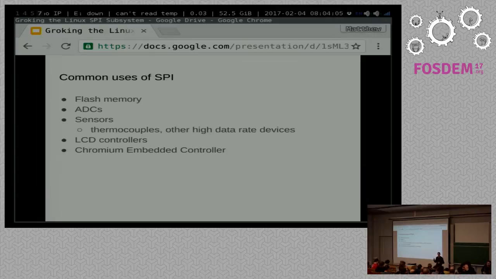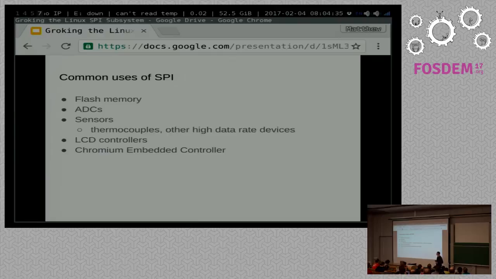But in industrial use and so forth, things like thermocouples have to be sampled at very, very high rates of speed, right, in a process control that has very little deviation permitted in the temperature. LCD controllers, you start seeing a theme here, right? And of course, as we saw this morning, the Chromium embedded controllers can use SPI as one of the communication